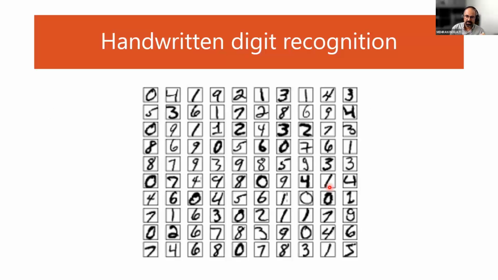Say we collected a data set of handwritten digits from different people, and we want to feed our neural network to do a classification